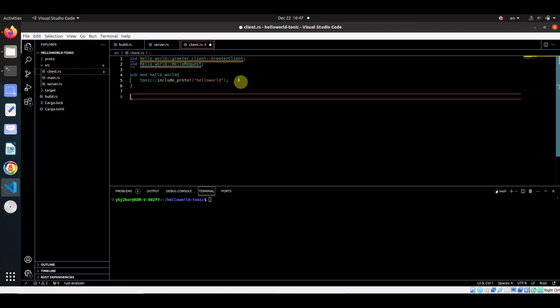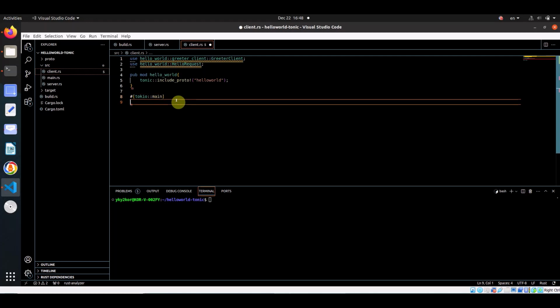The client is actually a lot simpler than it is with the server, so we don't need to have any of the service methods. In this, we're just going to be having the Tokio runtime, which will essentially make the request and then print the response to our terminal. So we're going to have the Tokio main in this, and then again we're going to be calling our async